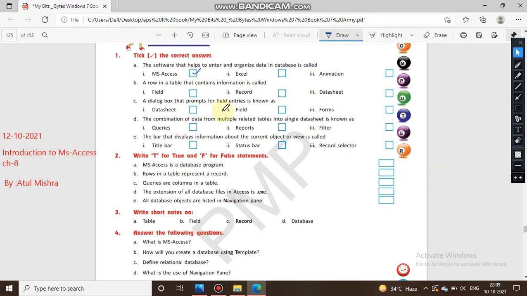Next one is that a row in a table that contains information is called.